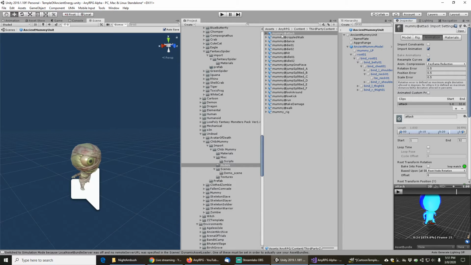Wow, that's a really stiff animation. Let's look at the crippled walk. Yeah, that's pretty cool. Okay, and I want to see the hit. Oh, you know what? Hit is an attack too. Okay. Usually hit is a take damage one, so